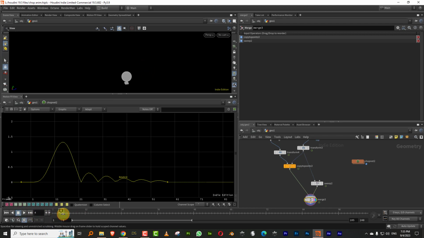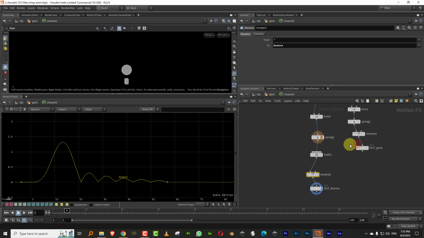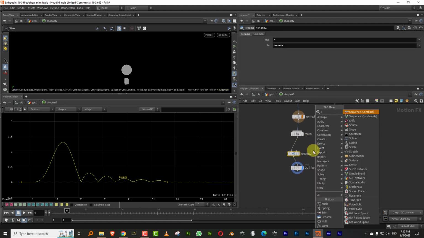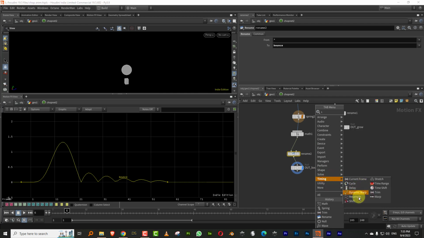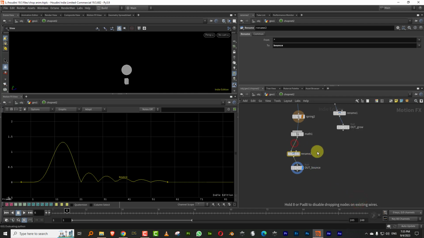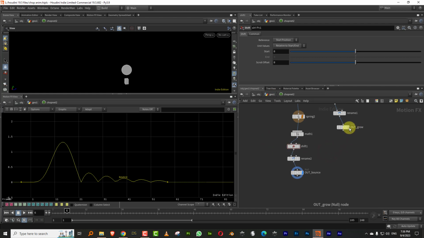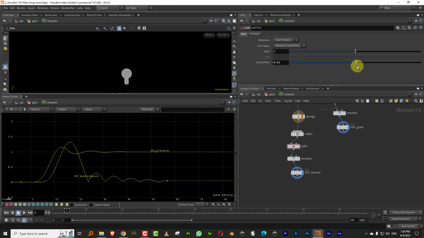yeah, that's not bad, but what we want is we want this animation to be offsetted a little. Okay, so come in here, and if you come to the timing, you'll get something called shift. Okay, so put in a shift, and then if I check these both out together, what I would like is, you can take either start or you can take scroll, and just shift it a little bit. Yeah, so what should happen is,